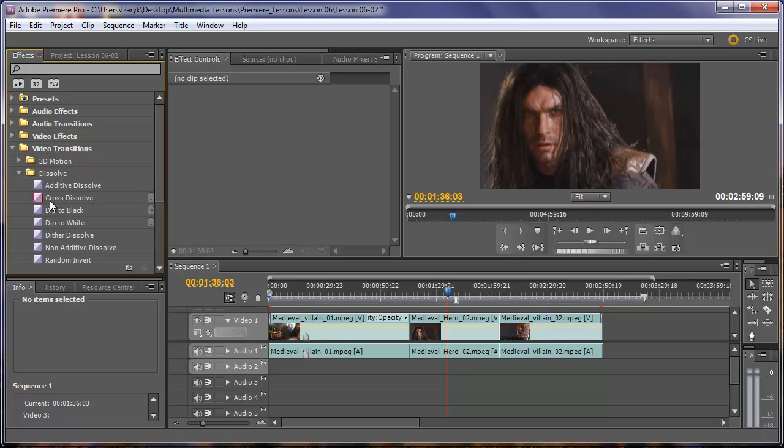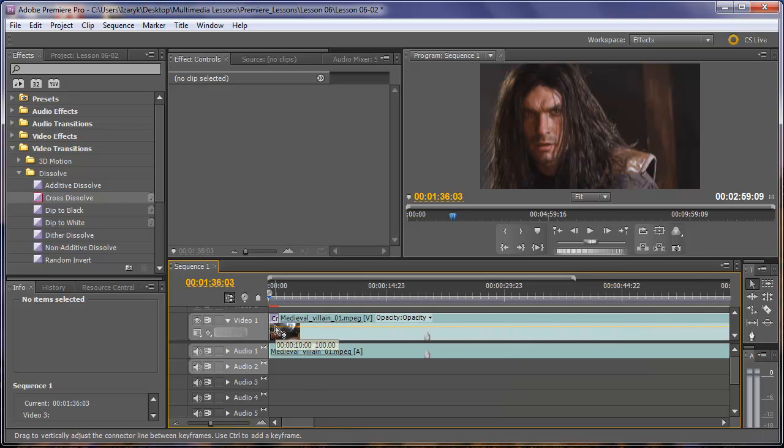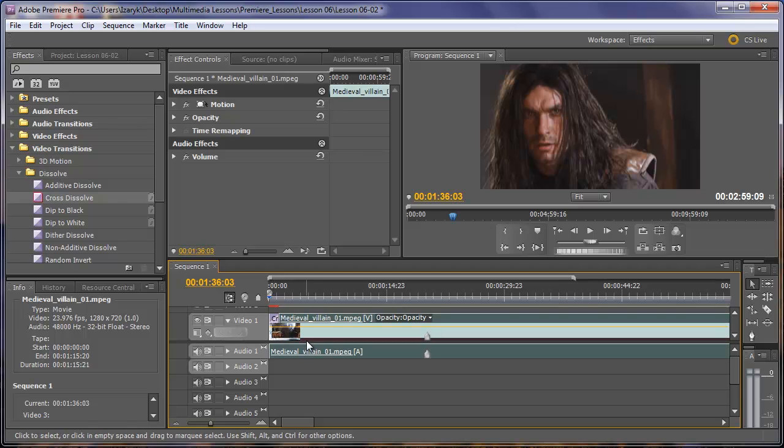We're going to go into dissolve, and we're going to grab the cross dissolve, and we are going to make a cross dissolve at the very beginning of the first clip. So I'm going to pop it right on the first clip. Let me zoom in so you can actually see the transition there. There's the transition. So basically we're going to cross dissolve into the picture. Let's go ahead and click on that cross dissolve piece,